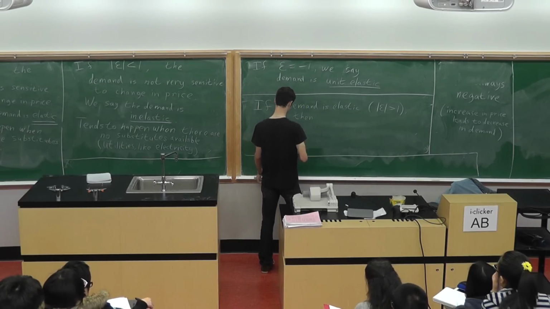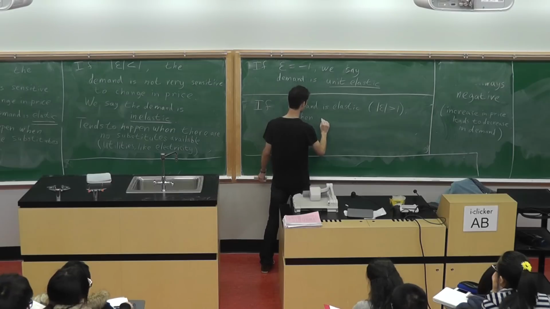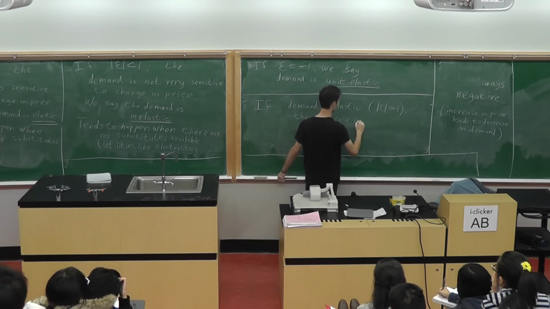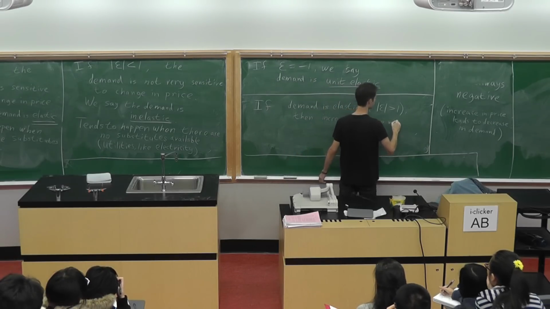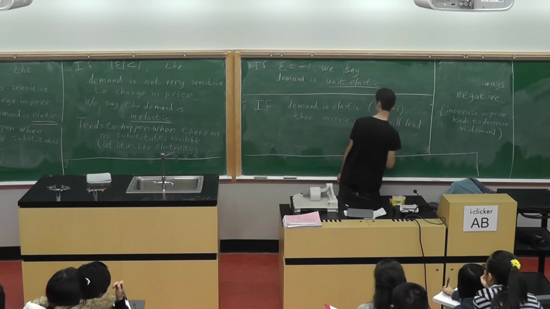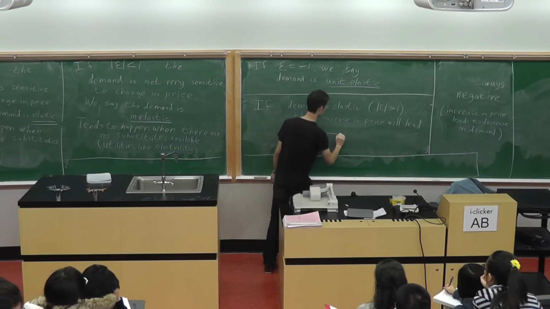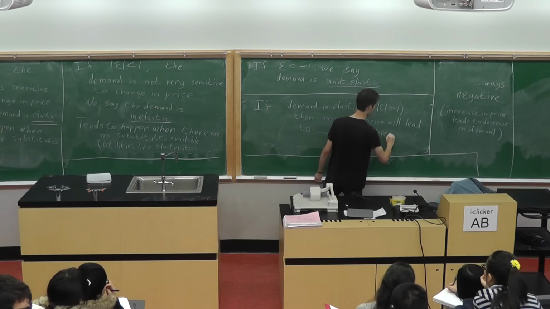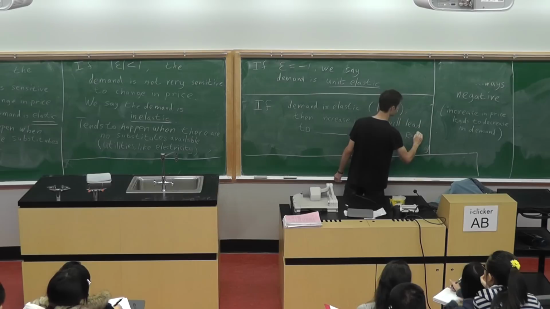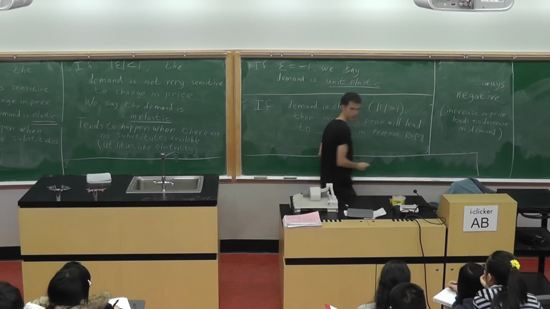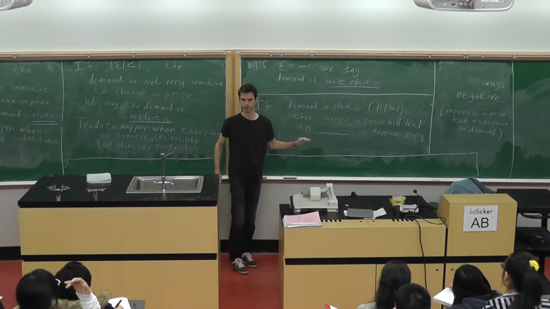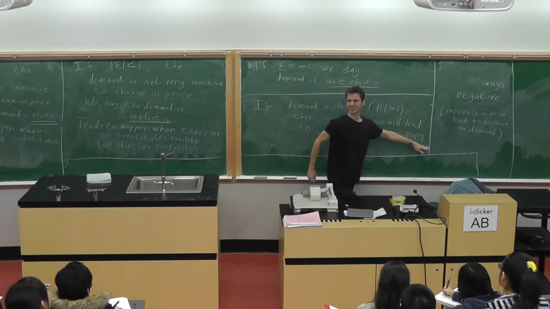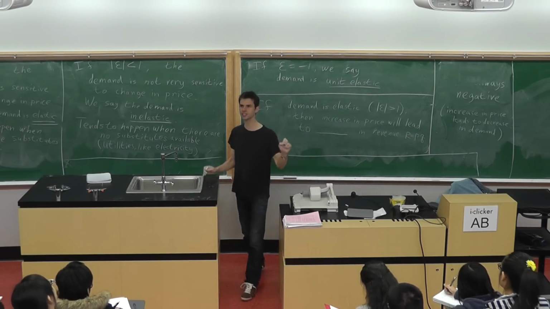then, well, let's say it like this. Increase in price will lead to, let's leave a blank here, in revenue. Which is P times Q. Now let's figure out what should I write here. Okay, yes. So here I have the revenue. Recall that the revenue is price times the quantity.